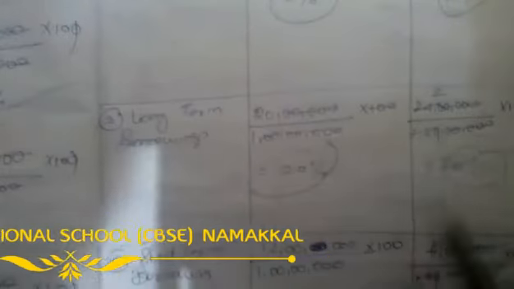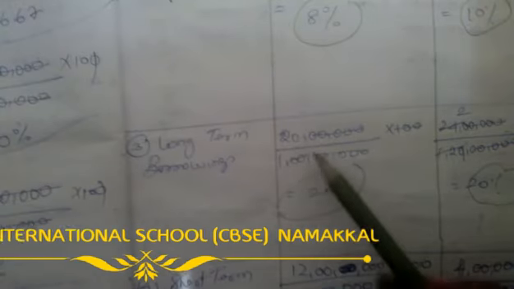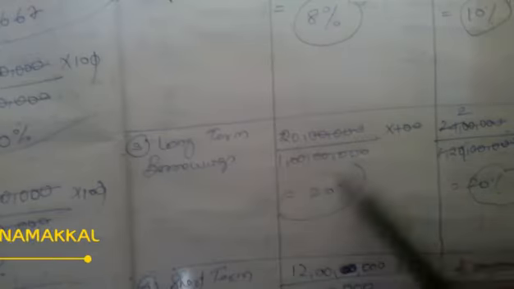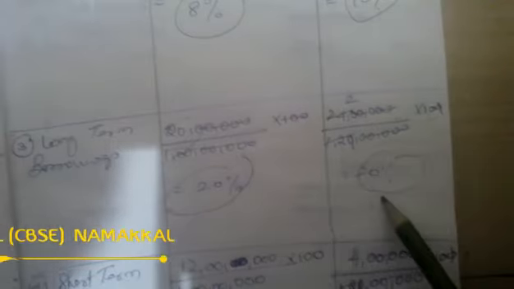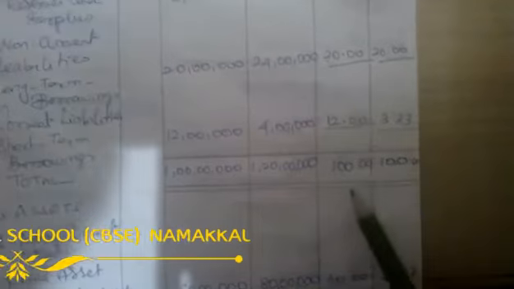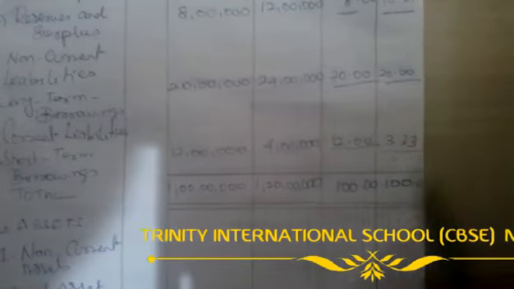Okay, likewise, then again for our short-term borrowings, in the same manner. 20 lakhs divided by 1 crore into 100, 20%. Very simple one: clear all the zeros, all six zeros cancel, and here also the 100 cancels. Finally we get 20%. Then here also 24 lakhs divided by 1 crore 20 lakhs. Simplification gives 20%. Okay. So coming to the front sheet, I wrote here 12%, then 3.33. Once this is over, as I said already, the total must be 100.